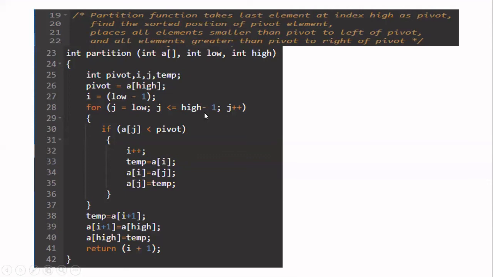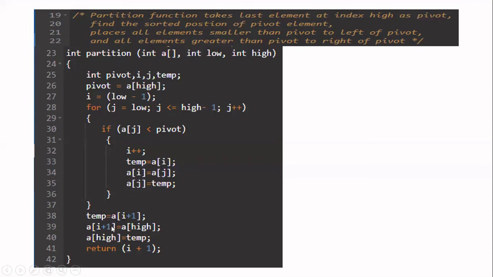After that, you should not increment j further because the next element is the pivot element. That only you are going to move to the correct position. So you stop your looping at this stage. When you stop the iteration, you come outside the looping. Now you have to swap A of I+1 and the pivot element. The pivot element is available at the index high. So now I am going to swap A of I+1 and the pivot element. I am writing the same steps for swapping.